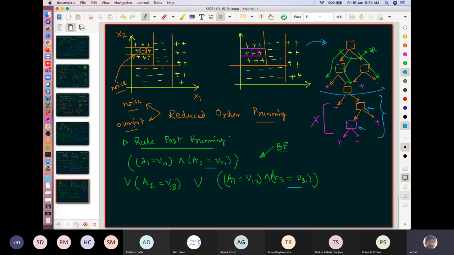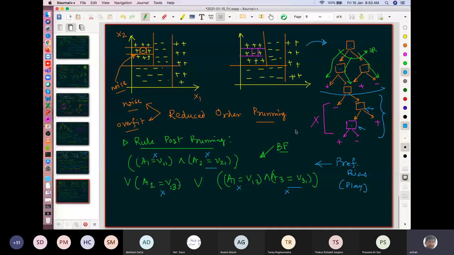However, we do not know the unknown function we are trying to approximate. So maybe pruning this attribute, or not using this attribute and then creating the tree, would be more efficient. So here we relax that ordering. We can either prune this one or this one, or even directly prune a branch. This is called rule post pruning,